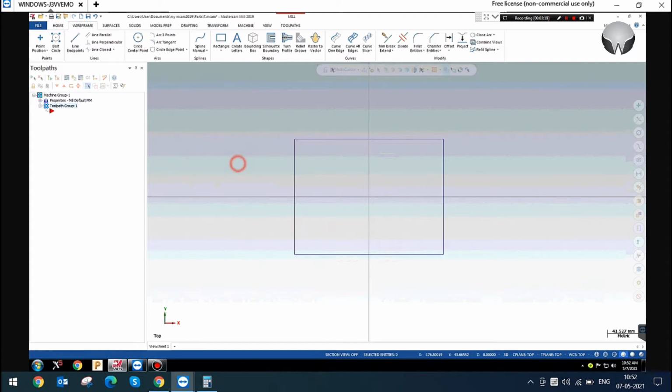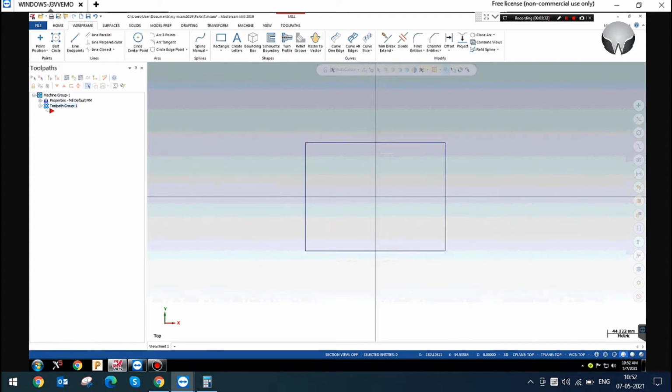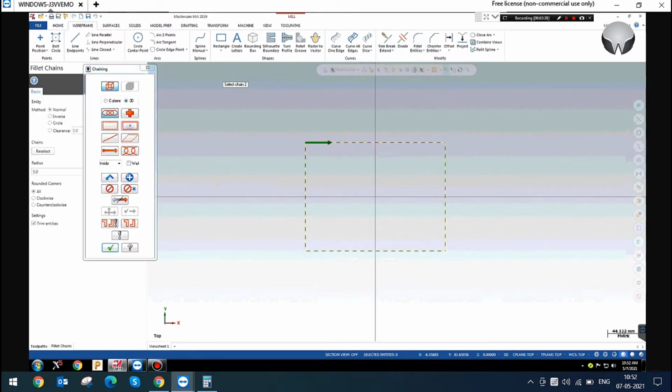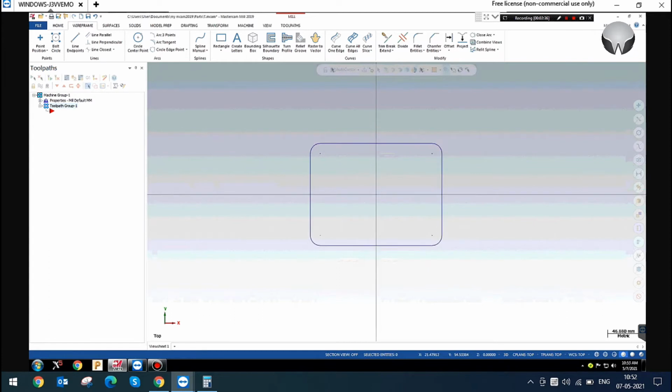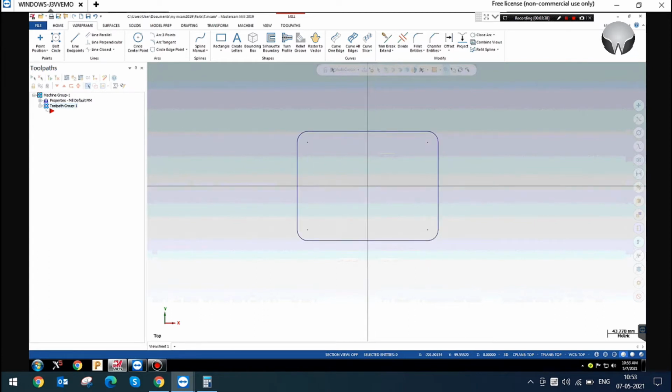So this is my rectangle. I have to clear material inside of this rectangle, which contains a fillet. This is my profile.